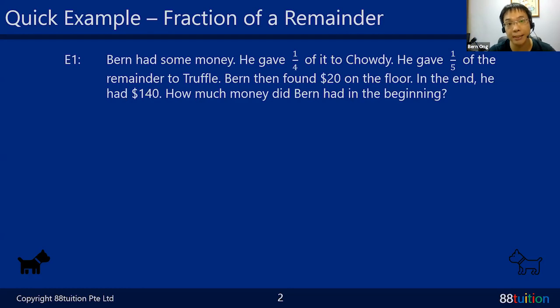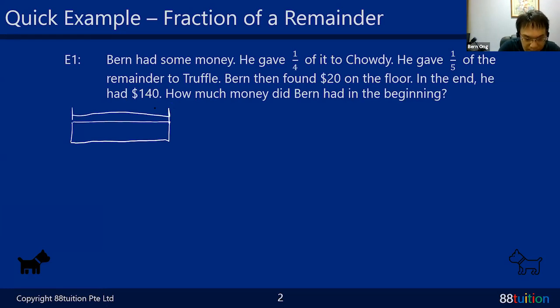So Bern, that's me. Bern had some money. What is the amount of money? No total. Usually I will draw a model. So down here, I draw a little model. This is the total amount of money that I have. I call this one whole unit. All right. One whole unit. Is that okay? Okay. Then inside this one whole unit,